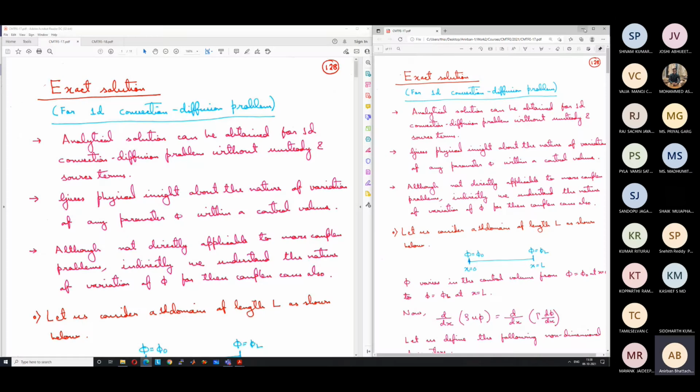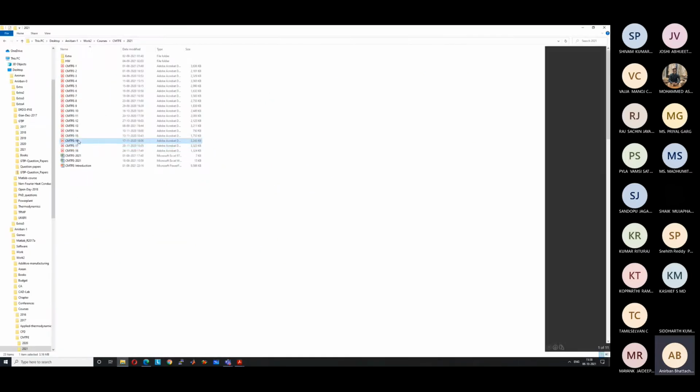Good afternoon. We were discussing convection diffusion problems. Can you see the screen? Yes, sir. Okay. And we had started with a couple of very basic types of discretization methods. One was just based on common sense. So the main problem, let me just open that once, so that we can continue from there.